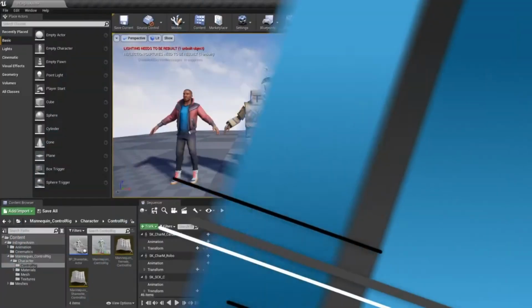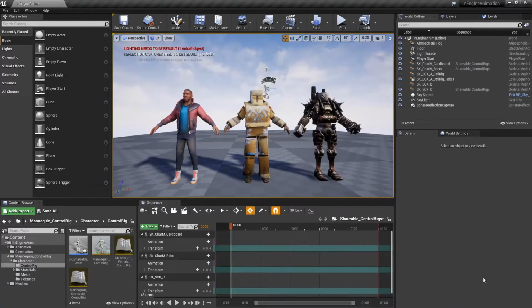One of the most powerful aspects of Control Rig in 4261 is the ability to share Control Rig assets, meaning it can be applied to characters of different proportions, which allows them to perform the same animation seamlessly. A huge shout out to the Control Rig team for developing the Shareable Control Rig and for sharing it for